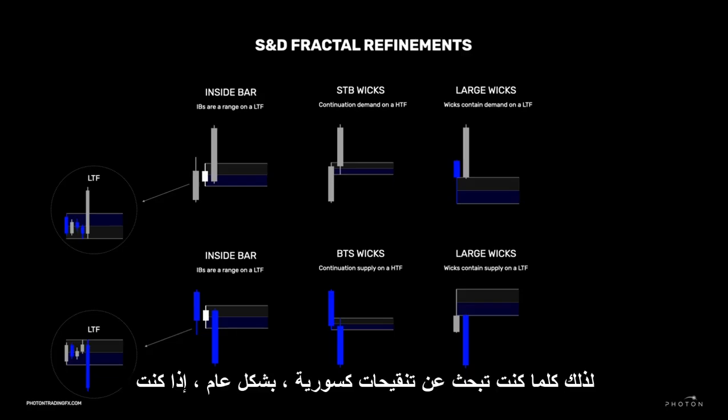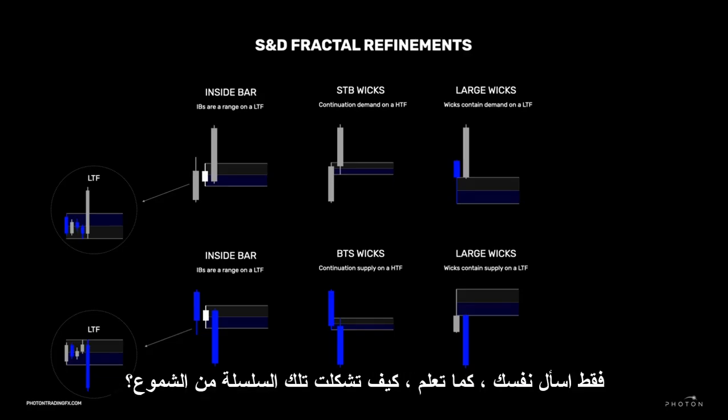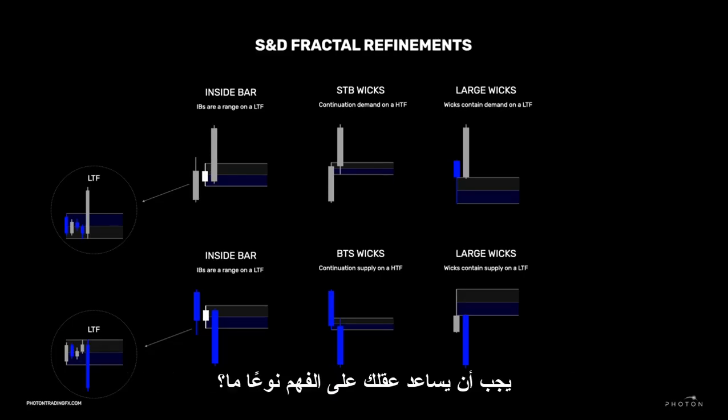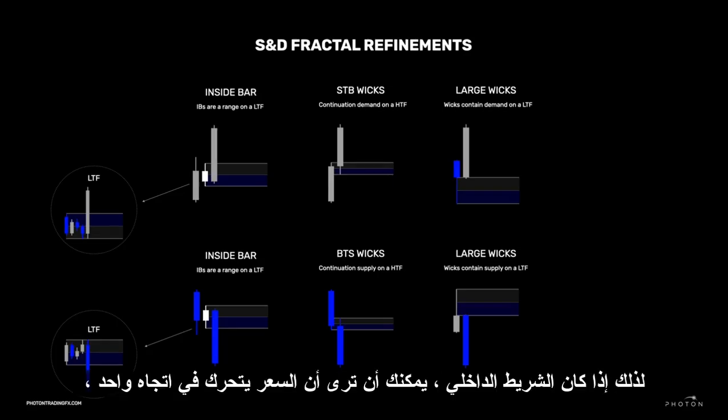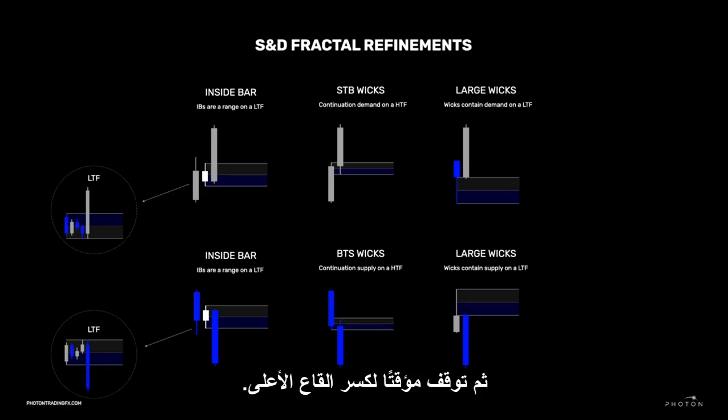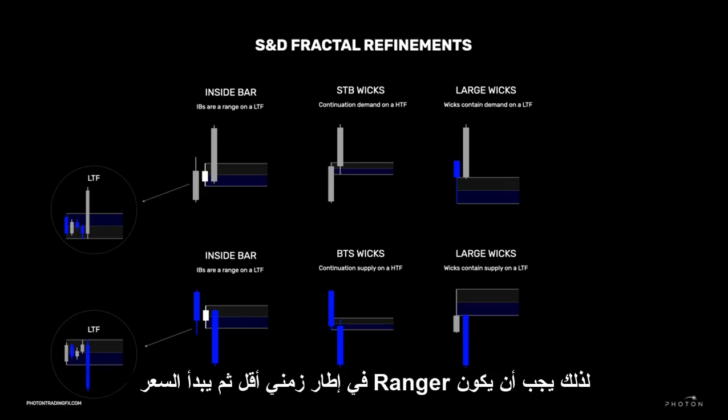So whenever you are looking at fractal refinements in general, if you just ask yourself, how did those series of candles form? That should help your mind to kind of understand what may be happening on a lower time frame. So for the inside bar, you can see that price moved in one direction, then it paused, it failed to break the high or low, so it must be ranging on a lower time frame,